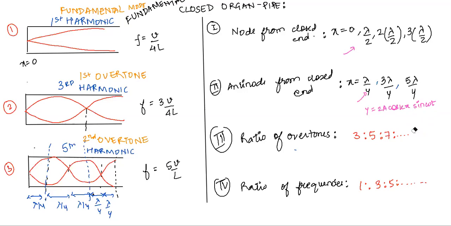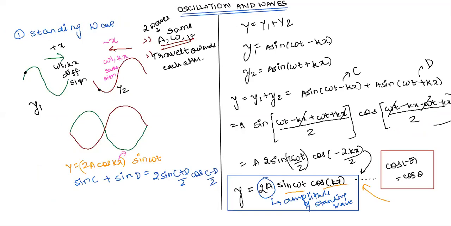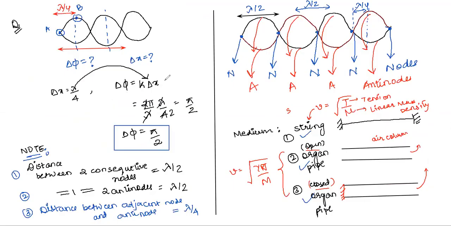Okay, let's continue revising. It's a very good concept because you get questions on this in the exam. So we have the standing wave, first part, written in terms of sine and cos. Then we learnt about standing waves in general. We understood how to find the phase difference between 2 points where the path difference is given. Then we understood the concept of a string,